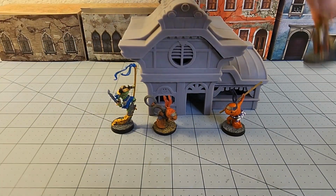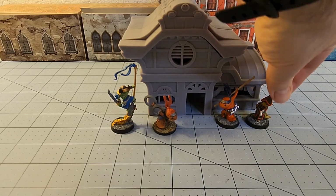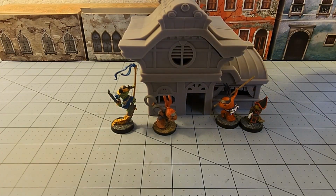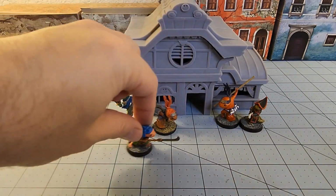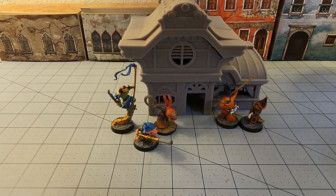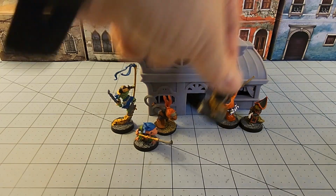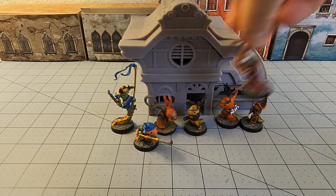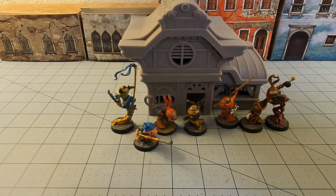I think the only real criticism I have, I would have loved to have seen some kind of keyed assembly to help with things. Maybe in the future, if Cobramode want to go and do some more scenery, I mean, hey, I'm not going to object. It's not like I have an addiction or anything. No, not me at all. I don't care for the Hanzaki guys at all. But if you do,